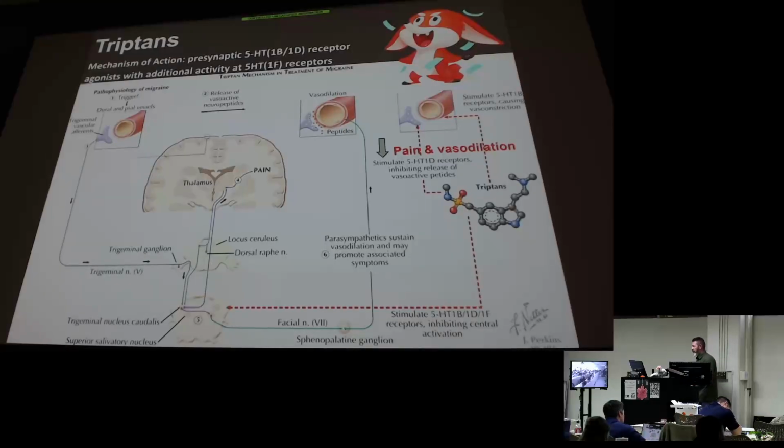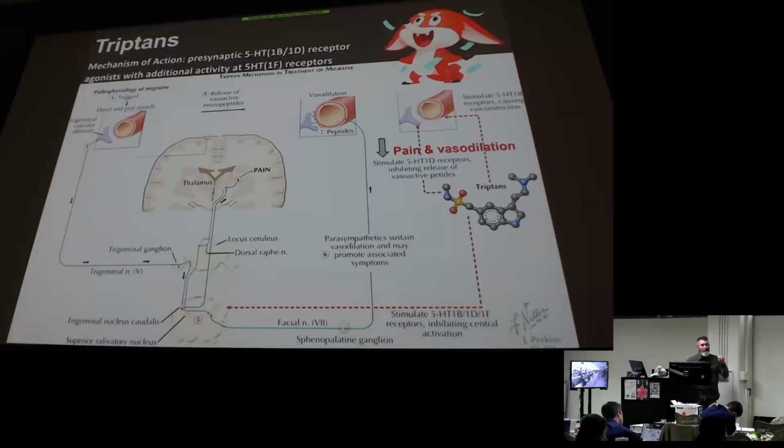And then number two there, release of vasoactive neuropeptides from that trigger. Those are those peptides I just mentioned, CGRP, substance P, and others, all of those neuropeptides that cause vasodilation and increase inflammation. When you look over at 2, it leads over to the right, showing what happens with a migraine with the vasodilation and increase of those peptides. And if you follow it down to number 6, the parasympathetic nervous system will sustain the vasodilation caused by those inflammatory peptides. I don't need you to know all that. I just give it to you as background so that you understand how the triptans work.